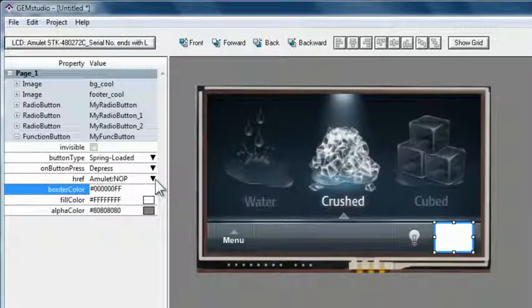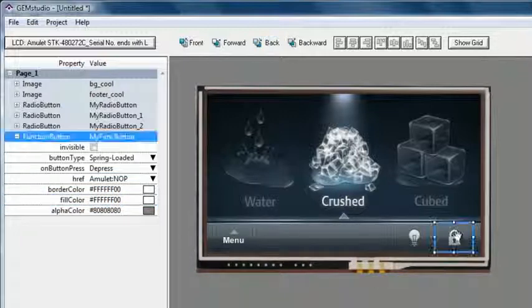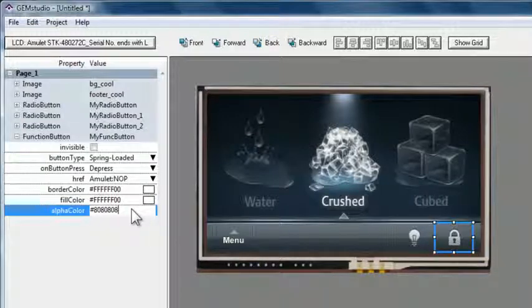So if I change the colors here, I can just type things like white and it'll autofill it in for me. But I want to change the alpha channel, which is the last byte. So if I set the last 2 characters to 00, that makes it clear. 0 alpha transparency is clear. Now if I change the alpha color, let's see, I want to make that white